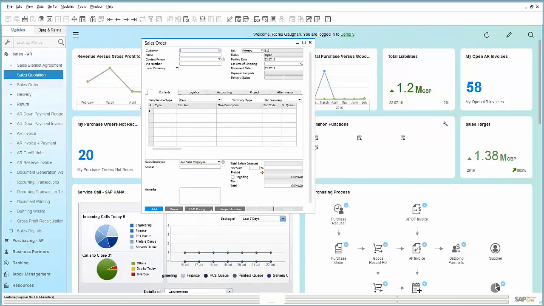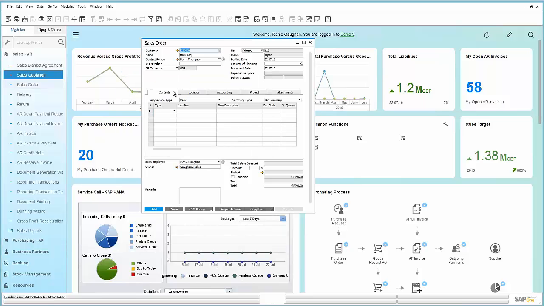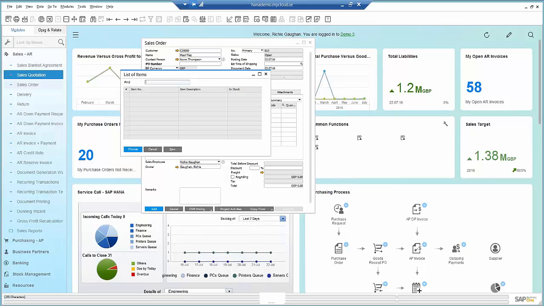Okay, so first thing we need to do is I need to go and choose my customer. So I can click on this. I could either type in the codes or click on this and get a full list of the customers. So in this case, mine is Maxitech. Double click on there to choose them. Excellent. Now what is it that we want to sell to them? So again, I have this list option here, or I can type in the codes. So here,